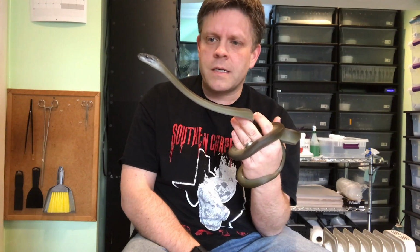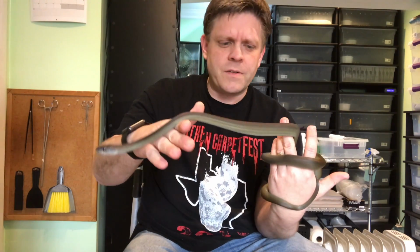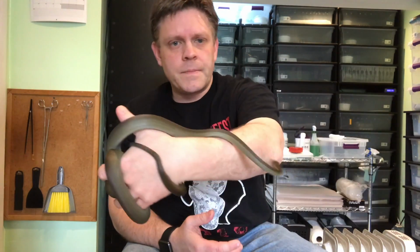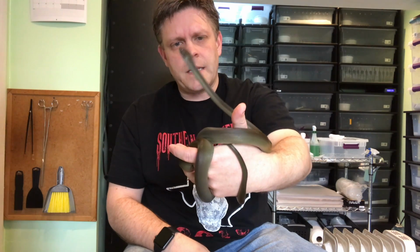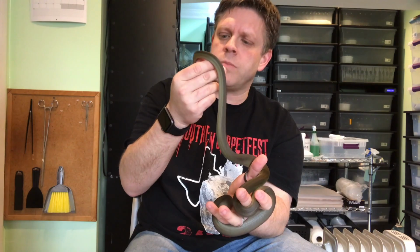They change color, which is pretty unique for a python. I don't think there's been a lot of research to find out really what's going on that causes that. But right now, this girl, she's kind of dark. But as you can see, going down the side, there's a stripe that's less of a khaki green color, I guess. So they have a blue tongue, and the inside of their mouth is blue, and they have this nice stripe that's right on the back of their eye. I don't know if you can see it there, but